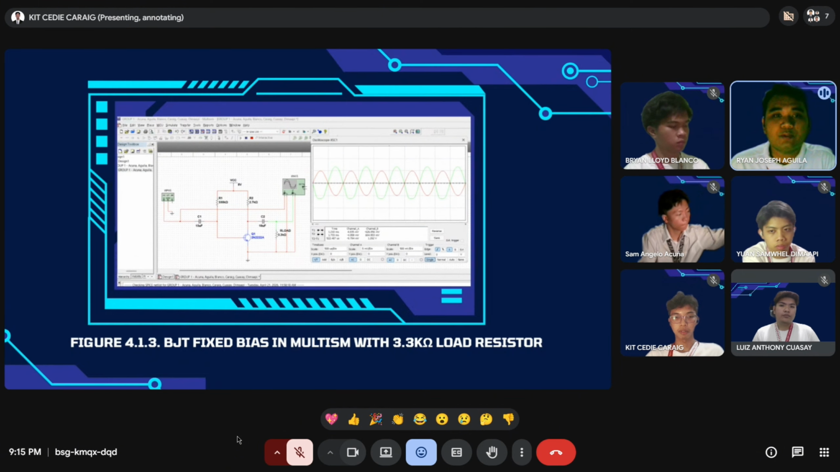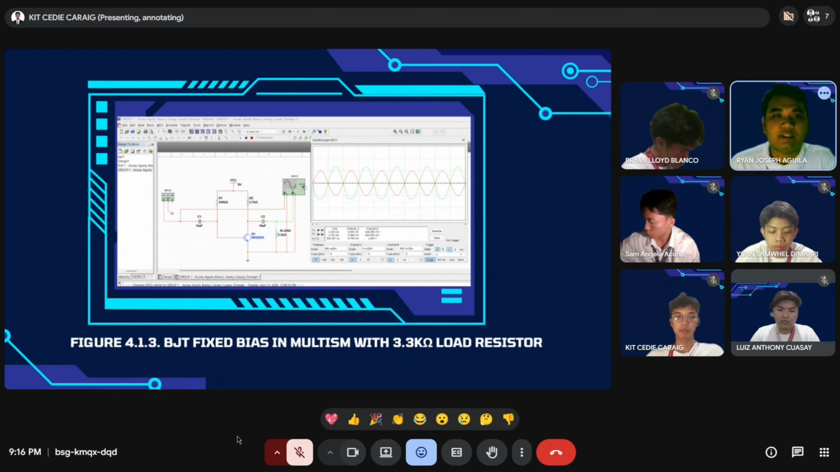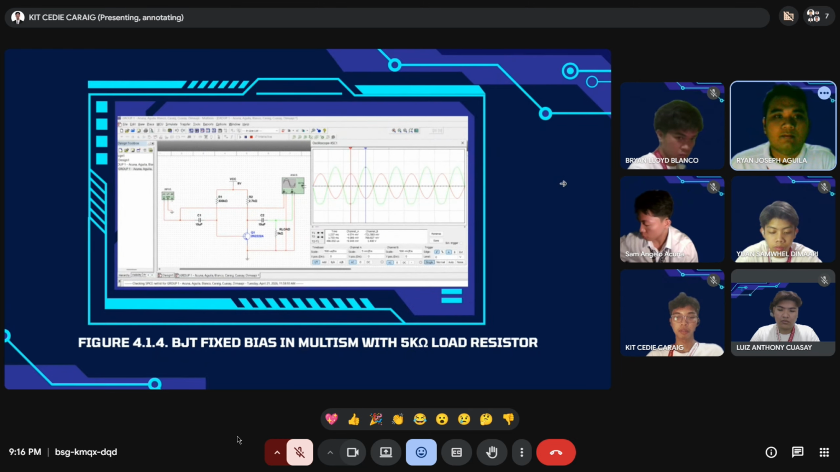And now in figure 4.1.3, a 3.3 kilo ohm load resistor is used. The input is approximately 4.98 millivolts, and the output rises to about 1.52 volts on the oscilloscope, giving a gain of around 305. Next slide, please. And for figure 4.1.4, a 5 kilo ohm load resistor is used. The input is approximately 4.98 millivolts, and the output reaches about 1.82 volts on the oscilloscope, for a gain